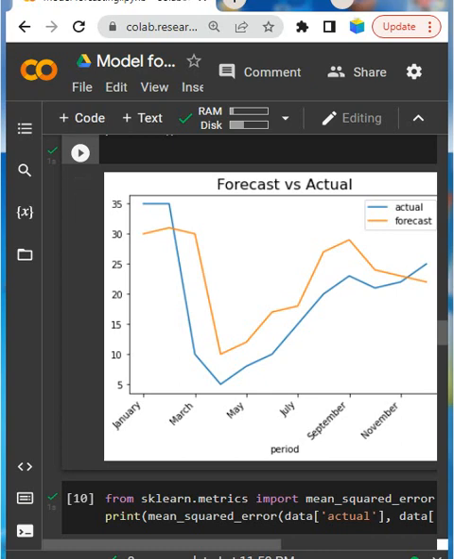Second, you should note that it is not simply possible to take the average of this error column and consider this as your error metric.